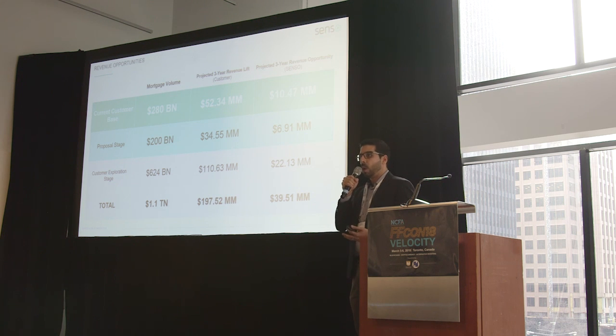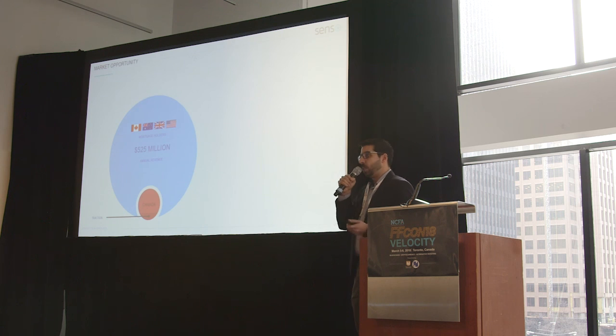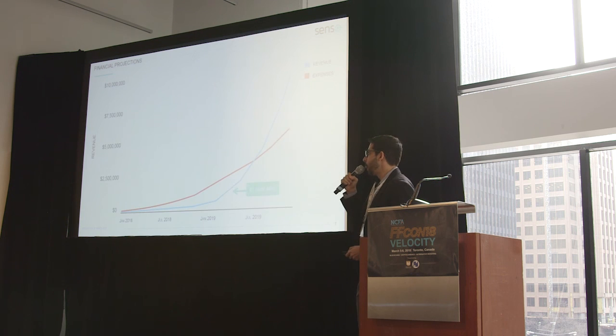We're already talking to all of these individuals. We project that this is a $500 million annual revenue generating opportunity, just focusing on the mortgage holders. And as we expand to predicting churn for other financial products, expanding into insurance, investing, and selling to brokerages, we see it as a $2.5 billion annual revenue generating opportunity. We project that by mid-next year, we'll be at $1.5 million ARR. That's including early adopter discounts, which we're providing to our existing customers. And the spike you see after that will be based on our US expansion.